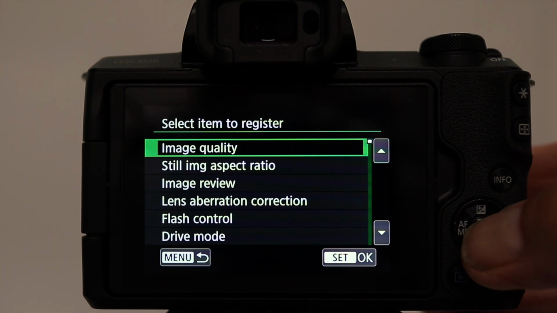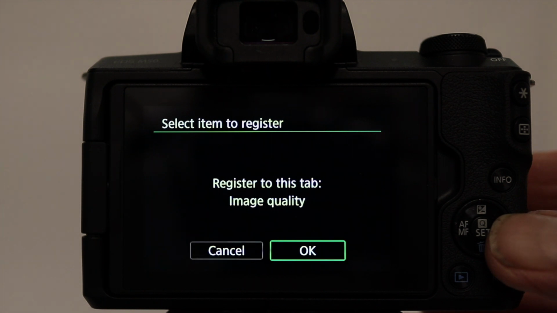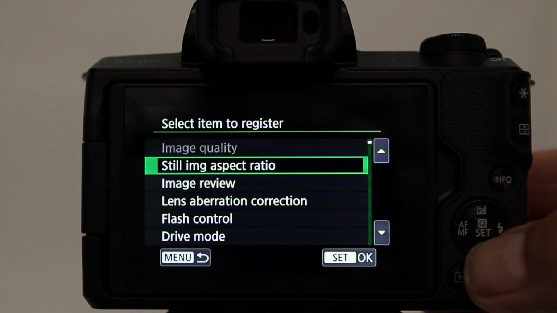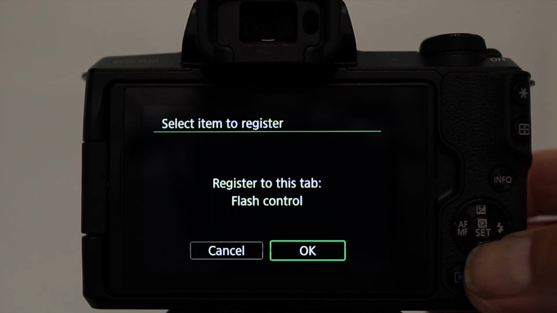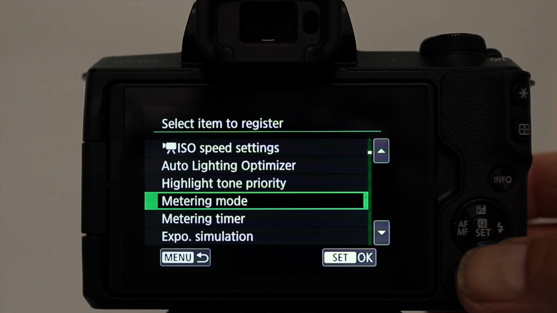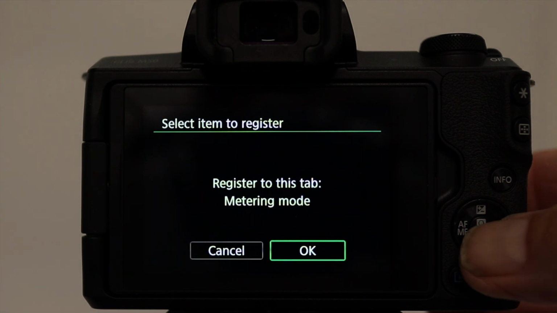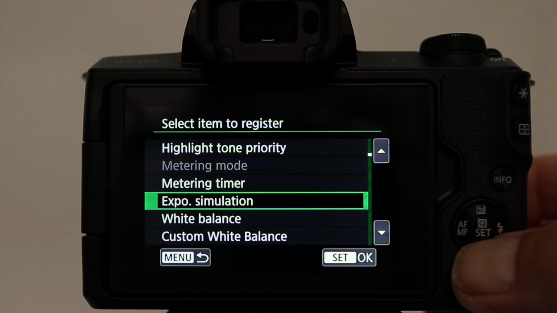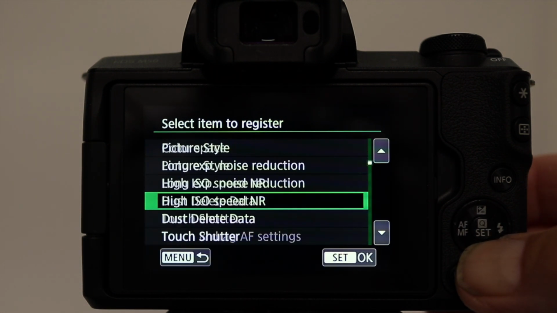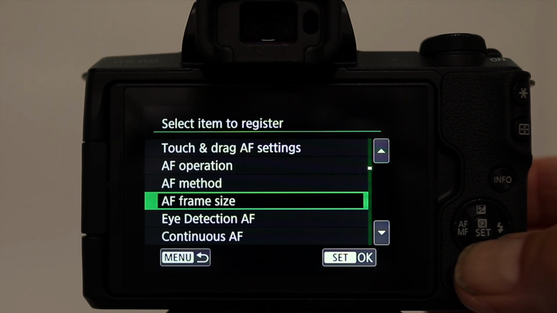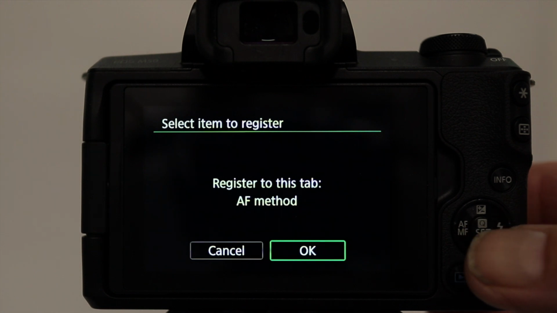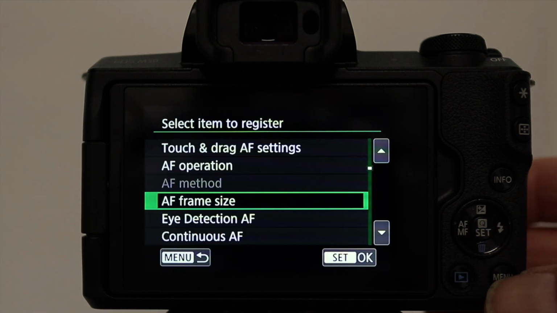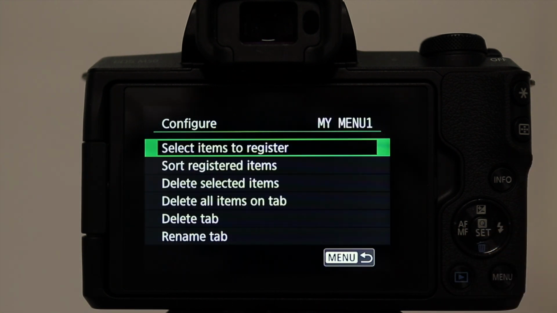want to have the image quality, select it and then press OK. I might want to have flash control, select it and press OK. I might want to have the metering mode, select that and press OK. I might want to have the AF method, select that. Now when I press menu it will ask me do I want to rename the tab as one of the